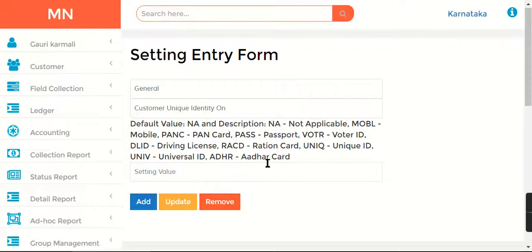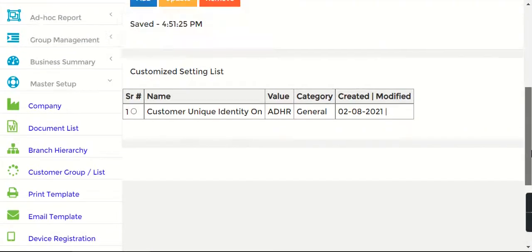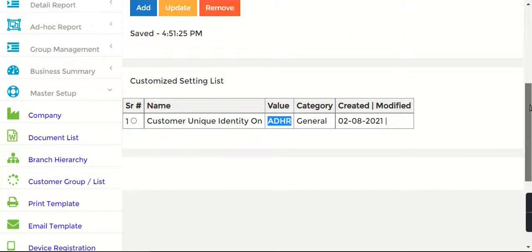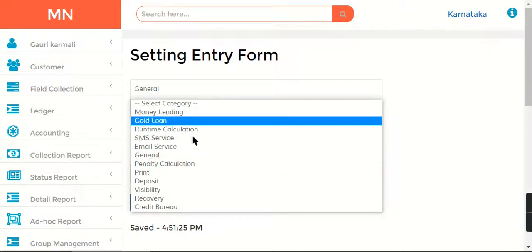So I want to have a customer's unique identity, say on Aadhaar card. So ADHR. Okay. This way I am going to set add. So I am adding customer's unique identity on ADHR, that is on Aadhaar card. Now let's see some other validations as well.